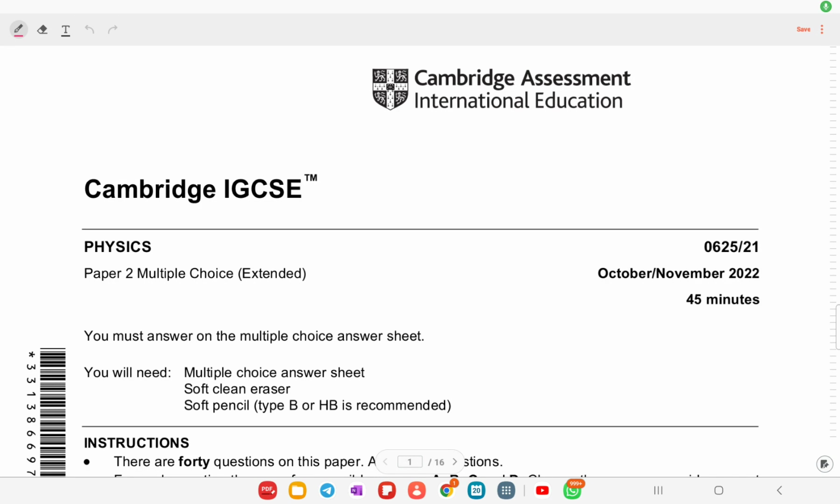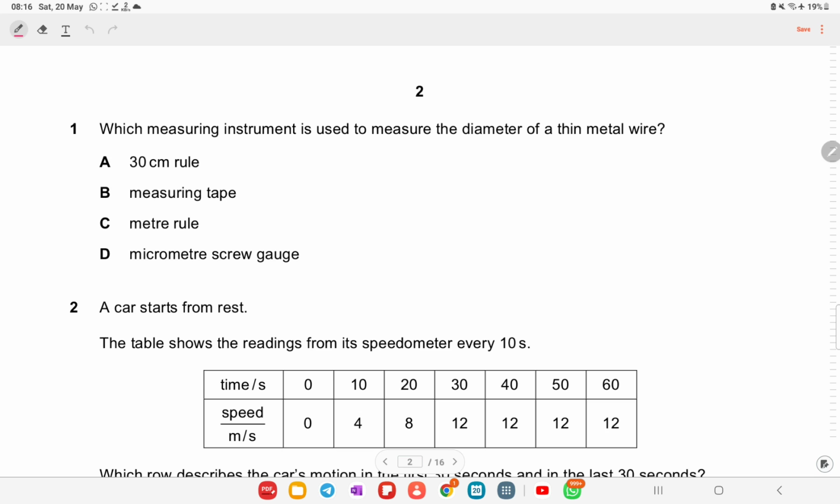Going to solve Cambridge IGCSE Physics Paper 2 multiple choice, and this is an extended version. The paper code is 0625/21 and it's the October/November 2022 paper. So let's start off with our first question, which asks which measuring instrument is used to measure the diameter